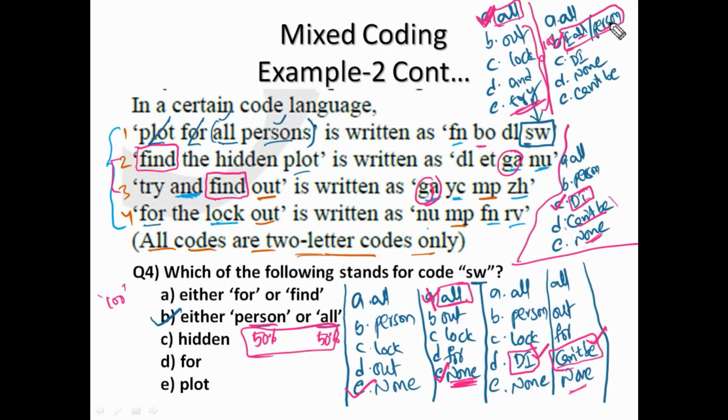If option B is not there, and in place of option B any word other than the answer is given, then we can go with the option data inadequate. If that is also not there in the options, then we can go with can't be determined. If that is also not there, none of these. And if that is also not there, whatever is given in the options, we can take that one, any one which is given.